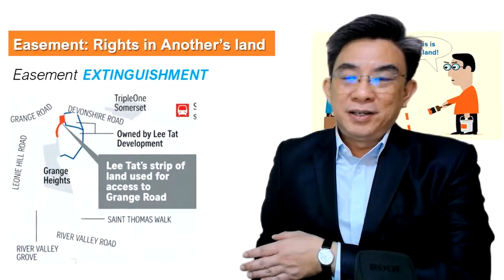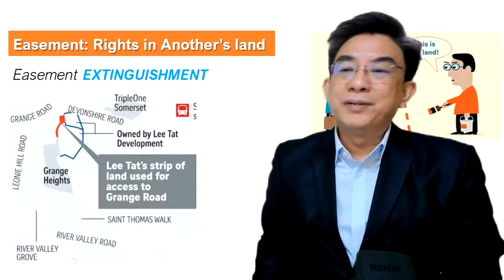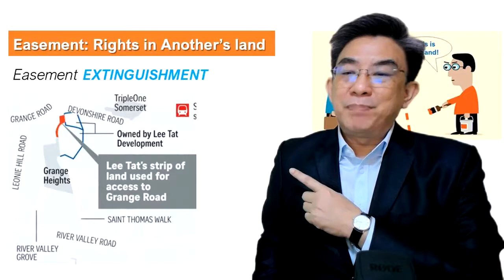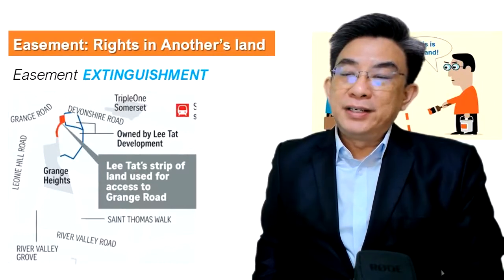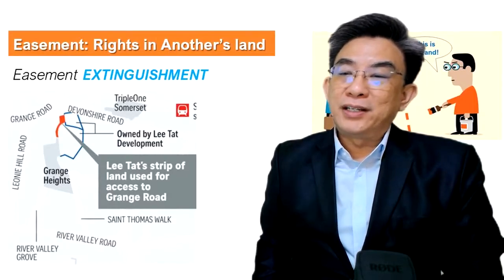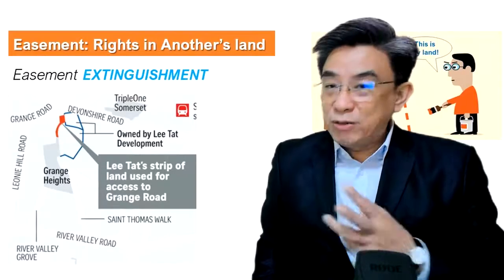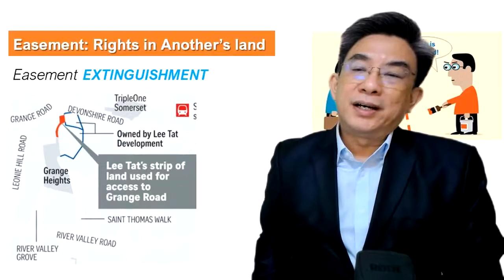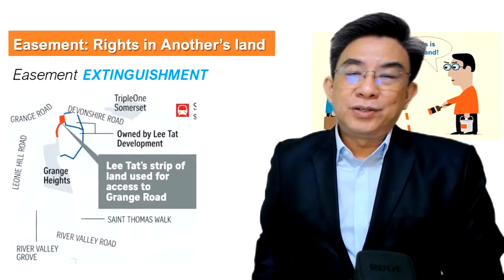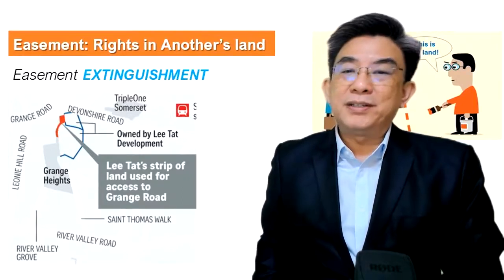By the year 2006, a new road had been opened. So the people in the condo who are affected by the dispute eventually come in and out from River Valley Road. So the court said that you're not landlocked anymore. So the court extinguished the easement altogether. So, okay, I have touched on the various different types of easement,